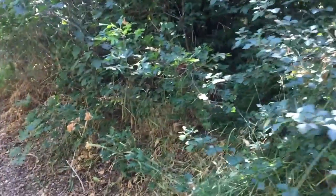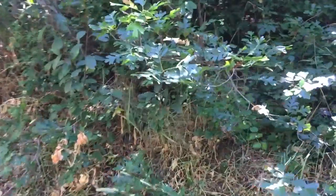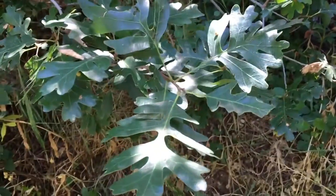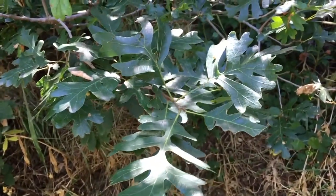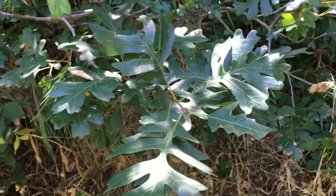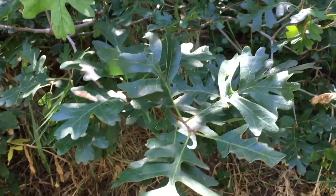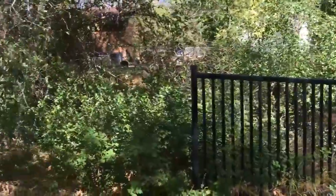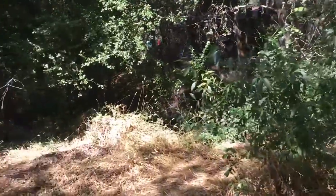Look a bit further over here, and there's one of my beloved oaks. This is the native Gambel oak, and it's in good shape. It's just right in here. Houses on the other side of this thicket here. Over here, I've got the asphalt path, I've got the fence, and then I've got just a little bit of river